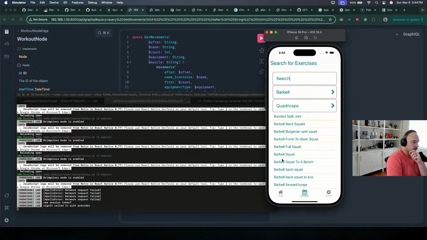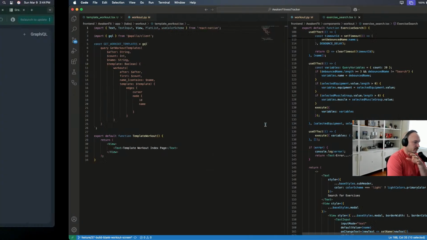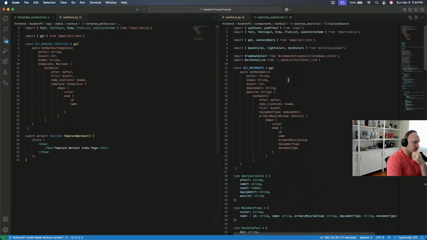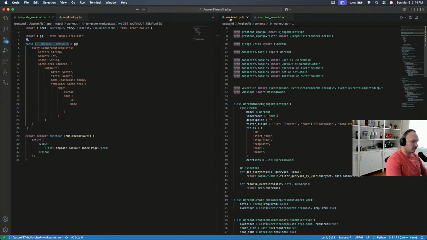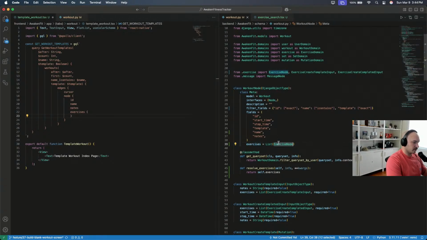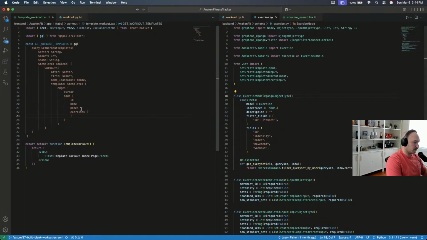All right. So we have this exercise search page, which is this guy. We want to build a query to get our workouts or our templates. So let's look here. So we have ID, name, ID. Oh, we also need to add exercises there. We'll pull the notes and we'll pull exercises. Now this is interesting because exercises should take us to the exercise node. So we will need to grab,